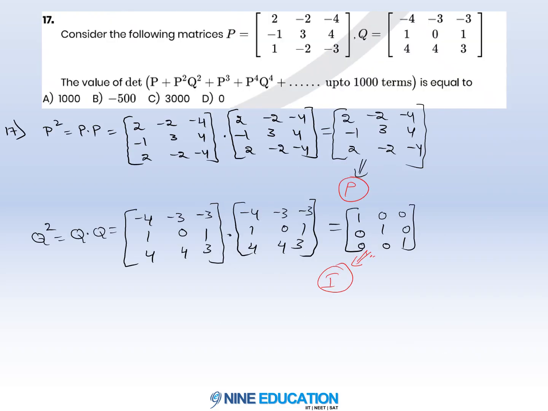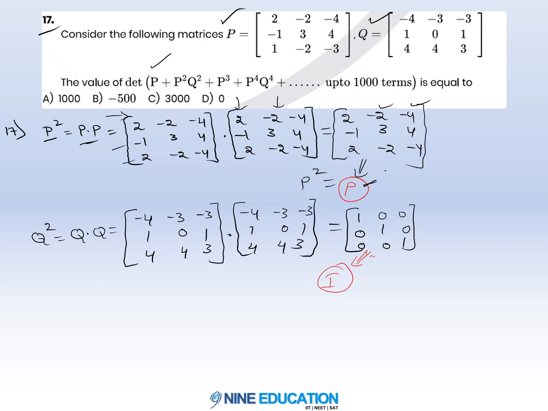Let's discuss question number 17. Matrix P and matrix Q are given. So we need to find the det of this expression. In this expression, if you observe, we have P square, PQ, P power 4, Q square, Q power 4. So I just solved for P square here. P into P, if you do, you get again matrix P here, right? You know how to multiply two matrices: multiply row 1, column 1, you get this element. Same for row 1, column 2, you get this element. Next row 1, column 3, you get this element. The same process you repeat for row 2 and row 3 as well. So we got here P square as